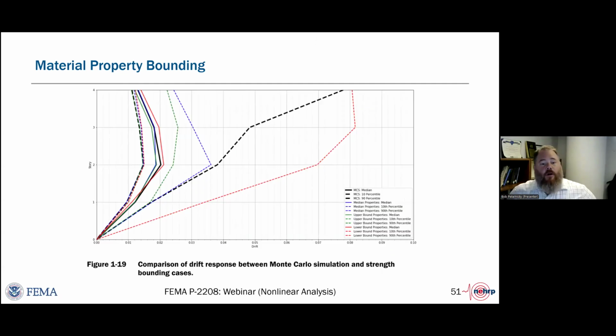So again, we went to our archetype models and we started doing Monte Carlo simulations, looking at strength and stiffness.